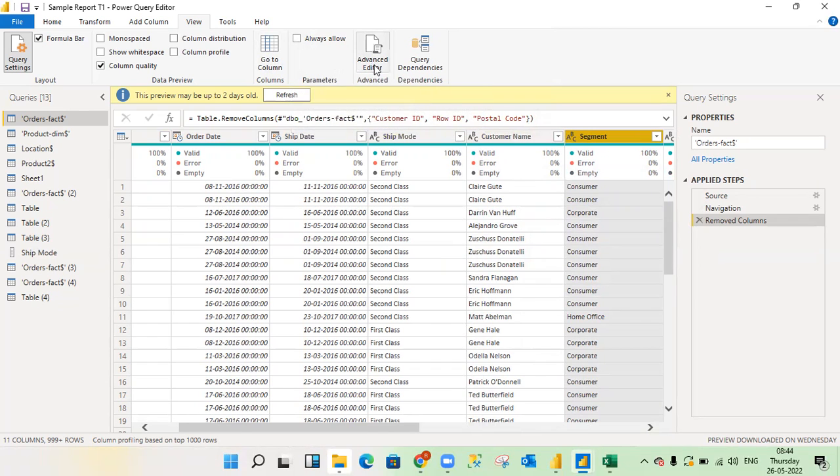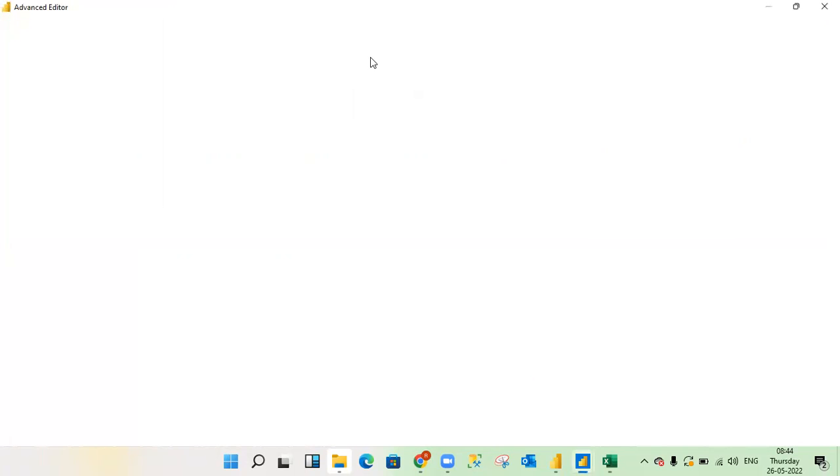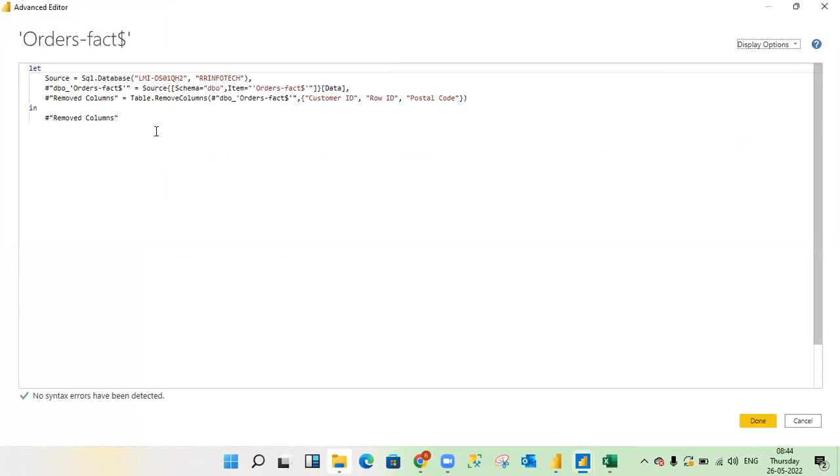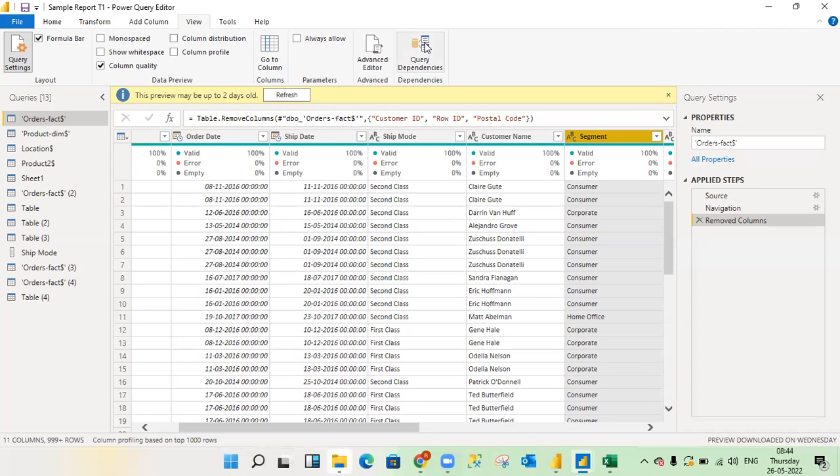Always allow something. Okay, advanced editor we have seen, right, that code. It's stored in the M language. Okay, this part already we have seen. If we select this query